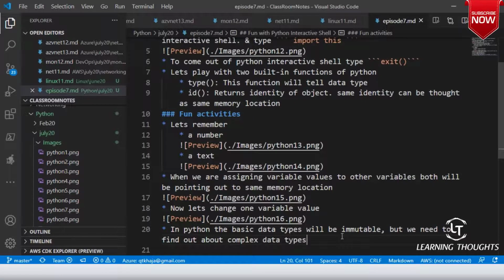What are these complex data types? What are these simple data types? How do I find out the basic stuff around this? Am I clear on this, sir?